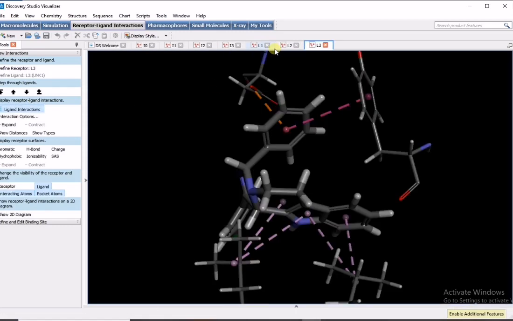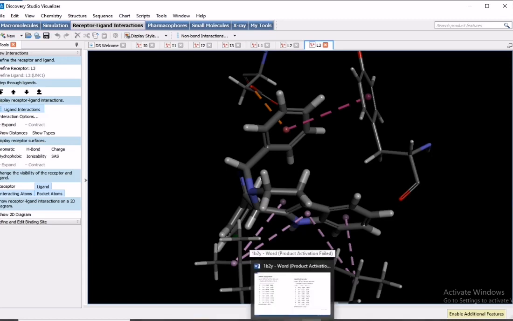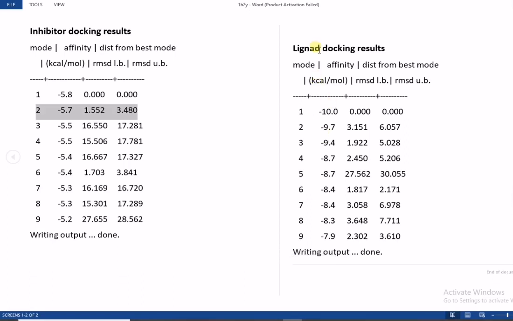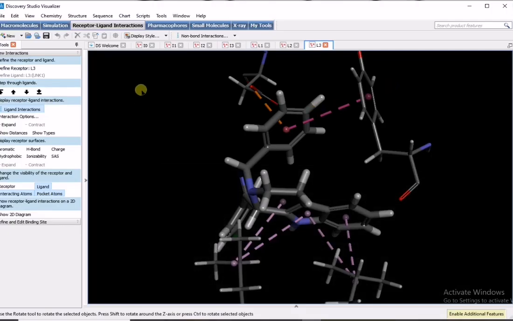Now I will show you the comparison of ligand and inhibitor. I completed all the docking process in Autodock Vina of the ligand that I synthesized, and the binding energy of this ligand is minus 10. That is more favorable as compared to our standard inhibitor. So now further I prepared some pdb files in Autodock PyMol, and next I see their 2D interactions